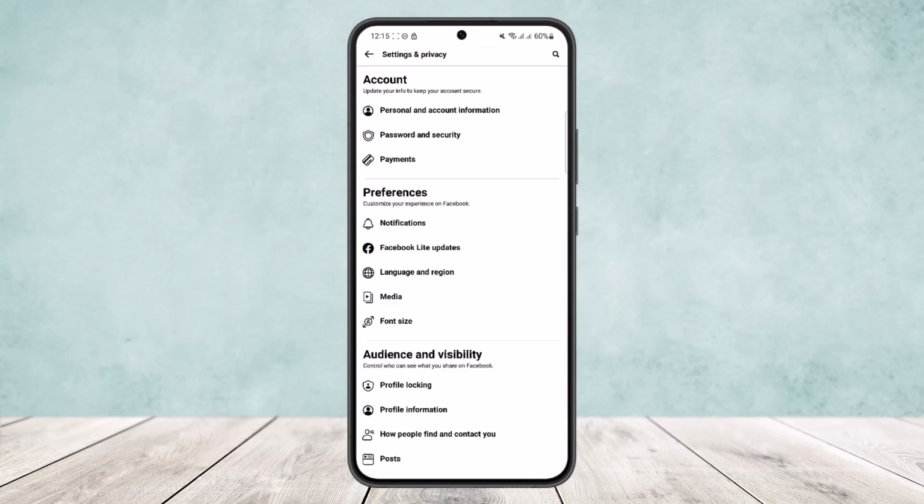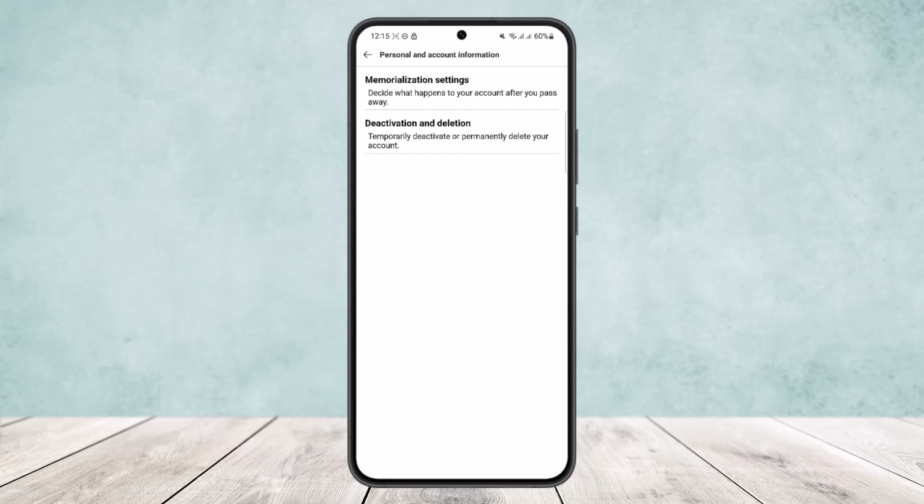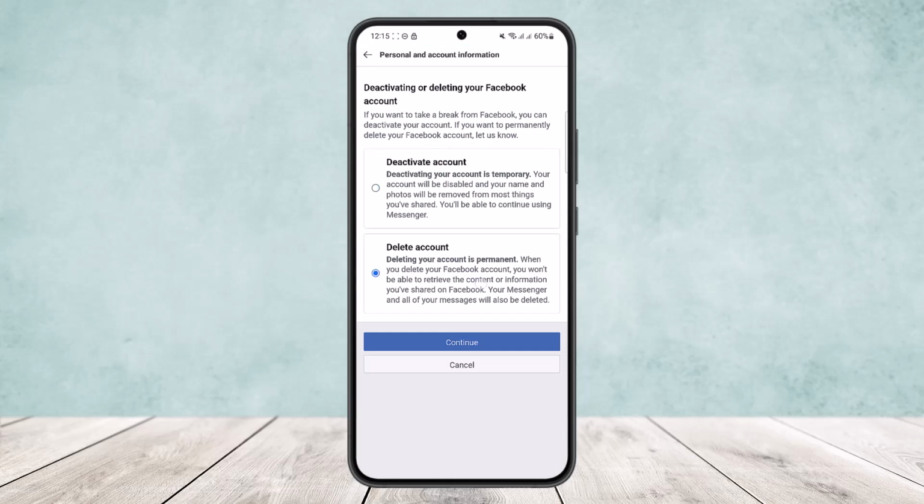And on settings, what you want to do is head into the first option, personal and account information, and under personal and account information you'll find the fourth option, access and control. Simply tap on access and control and you'll find two different options. Head on to deactivation and deletion. Now if you want to delete the account, you can simply tap on delete account, make sure the blue tick is on delete account. However, if you just want to deactivate the account, tap on deactivate account and make sure the